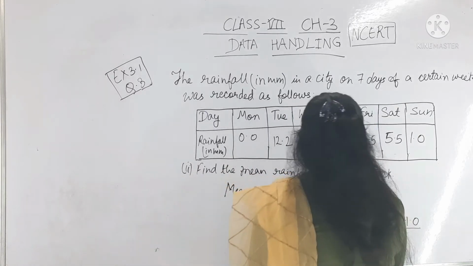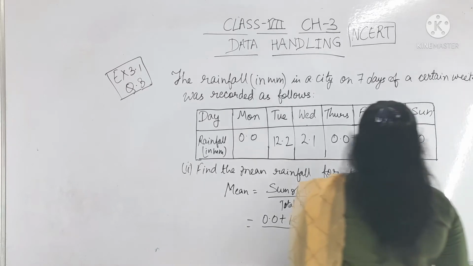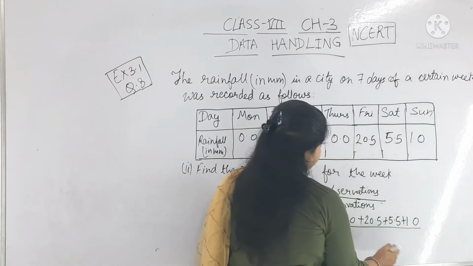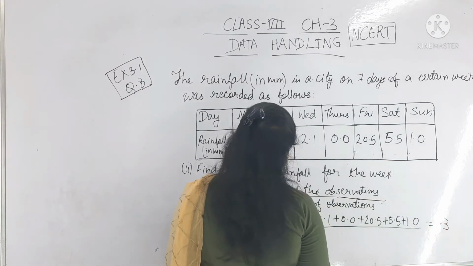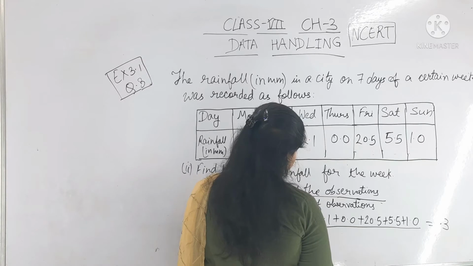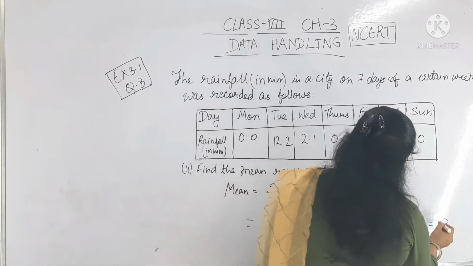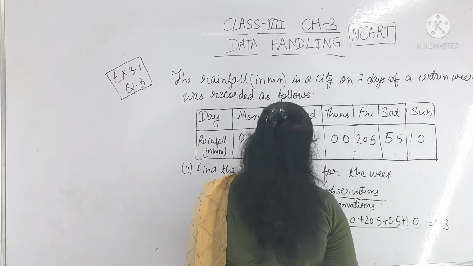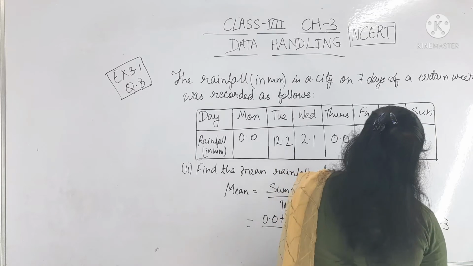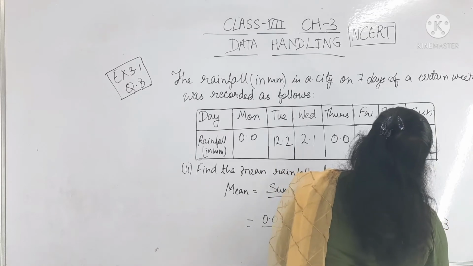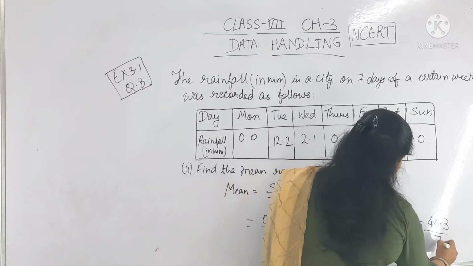Here what will it come? 2 plus 1, 3. 3 plus 5 is 8, so 13 point. 2 plus 1, 3, 4, 5. 5 and 5, 10. 1, 2 and plus 2 is 4. Here I am getting 40.3 divided by 7.